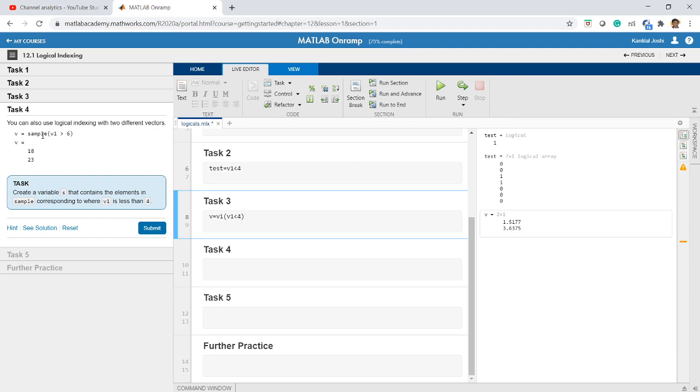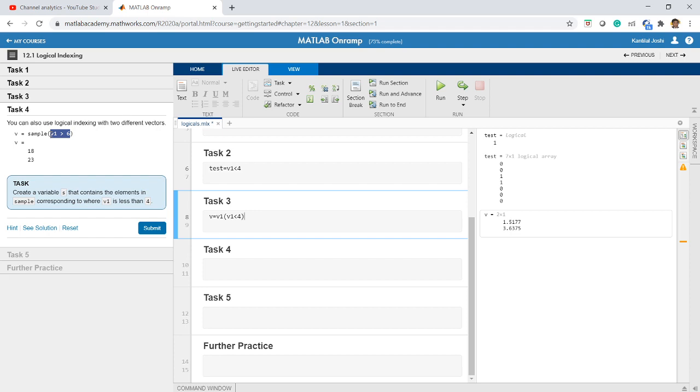Okay, so let me break this down for you. So first of all, I will check for the indices where v1 is greater than 6. Wherever this condition is true, for those values I will take the elements from sample. Okay, and it will give me 18 and 23, right?